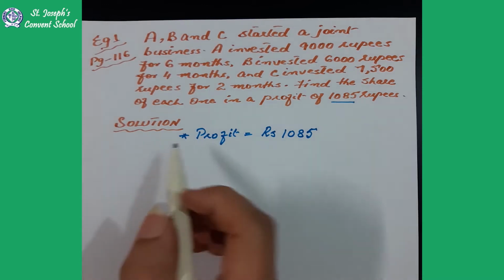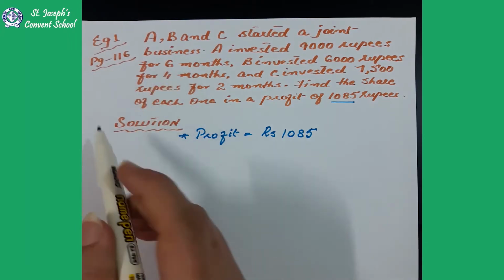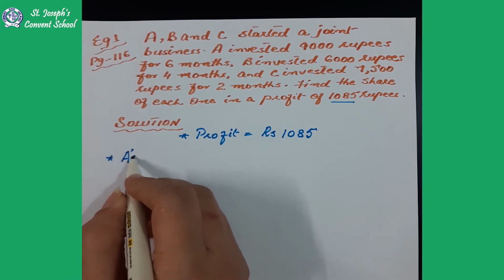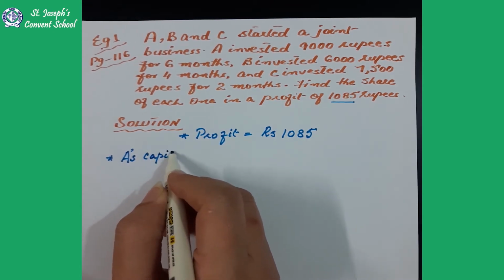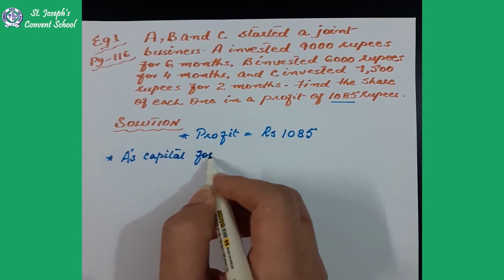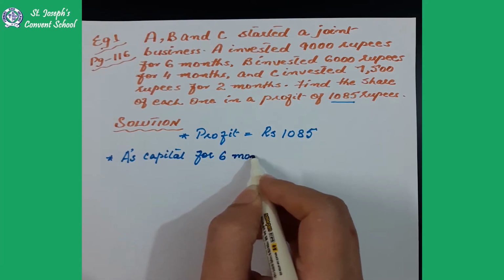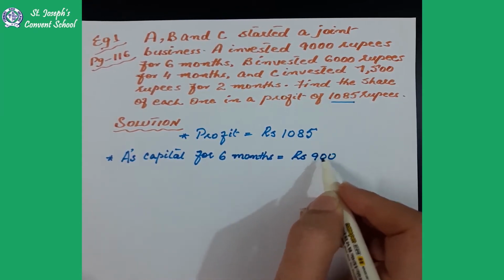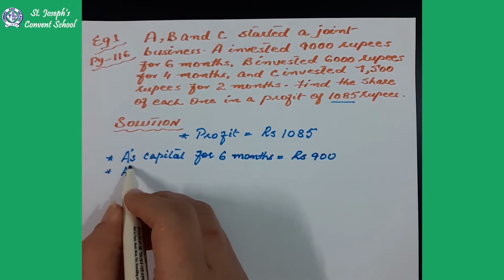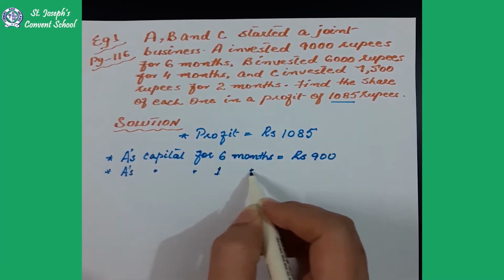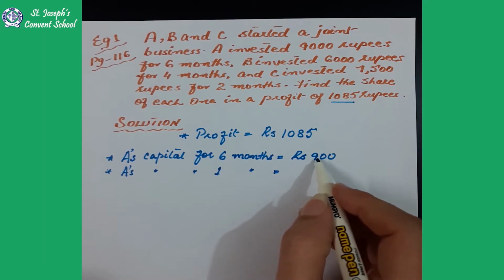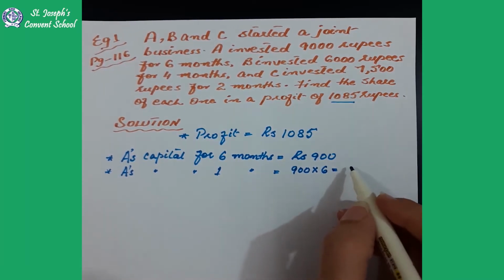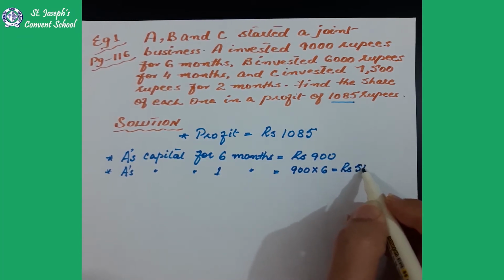Okay, so first of all we'll check that this person A invested 9,000 rupees for 6 months, so we will change it into 1 month, how much he has invested. So A's capital for 6 months. Now he invested the amount for 6 months, and the amount he has invested is rupees 9,000. So A's capital for 1 month is, so for 1 month how we are going to find, 9,000 multiplied by 6, so it is rupees 54,000. Okay,